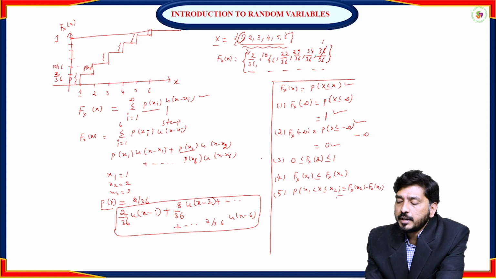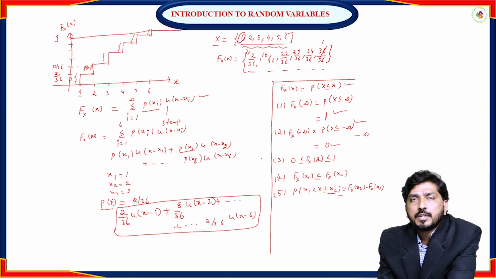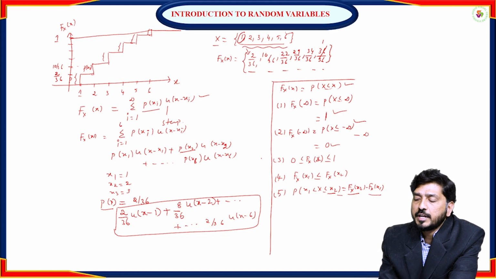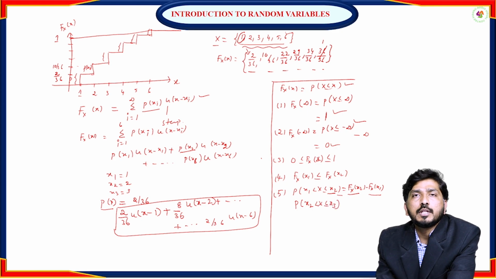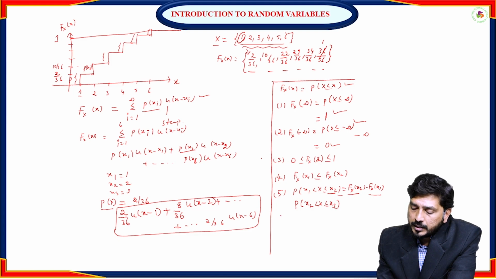So when you go for the distribution, it is the higher element minus the lower element. Even if you want to find the probability between two different elements, x2 less than X less than or equal to x3, here also the distribution is the difference of these two, that is Fx of x3 minus Fx of x2, where x2 is greater than x1. Then the last